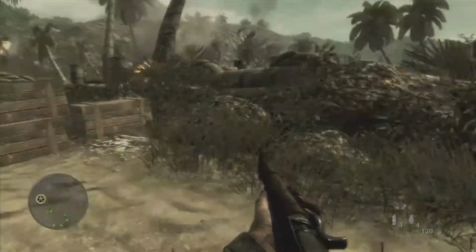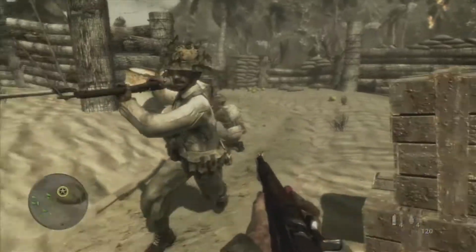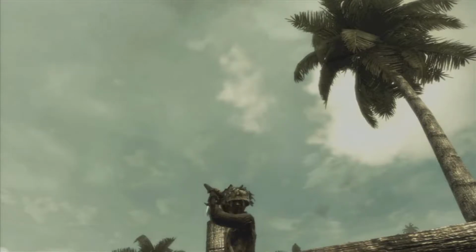Right when you get to the dugout area where the trenches are, the BANZAIs are going to run at you and try to stab you with their bayonets. You get this little quick time event where you have to...